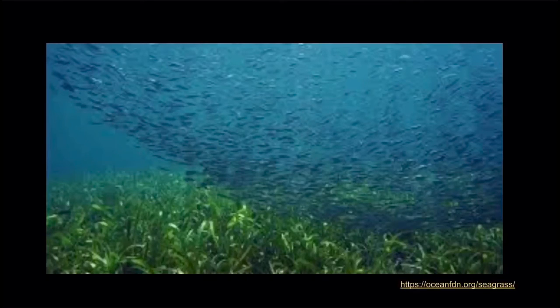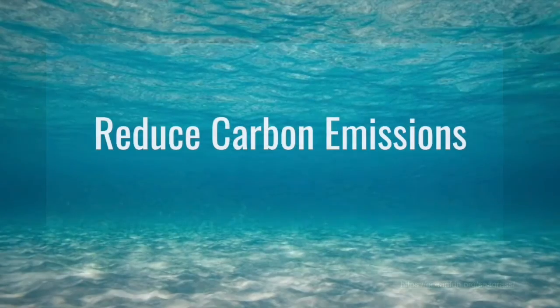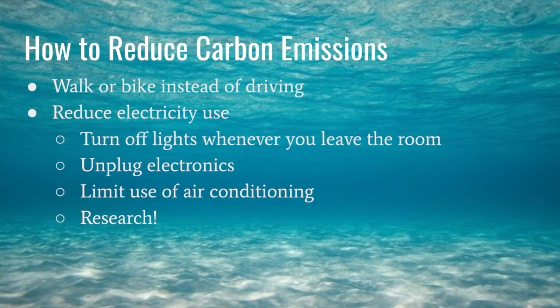Another thing we can do is reduce carbon emissions. Reducing carbon emissions is going to be key in slowing down ocean acidification. We can each take steps to reduce our individual carbon emissions, but it's going to take a collective effort to make significant changes in the right direction. Easy things that we can do include walking or biking instead of driving, and reducing electricity use by turning off the lights whenever you leave a room, unplugging your electronics when you're not using them, and limiting how often you